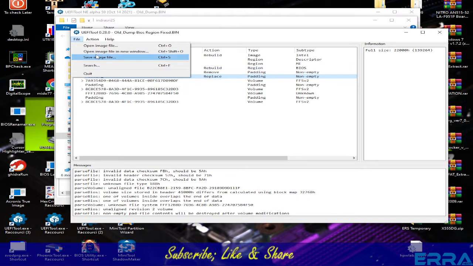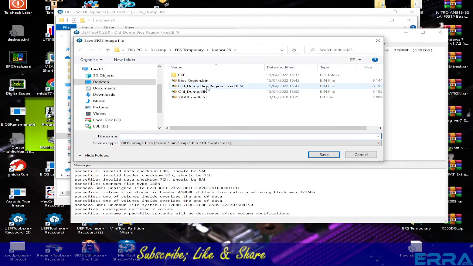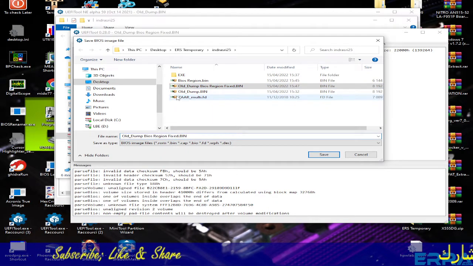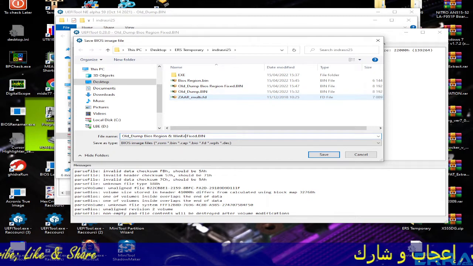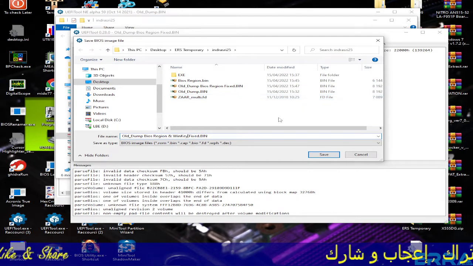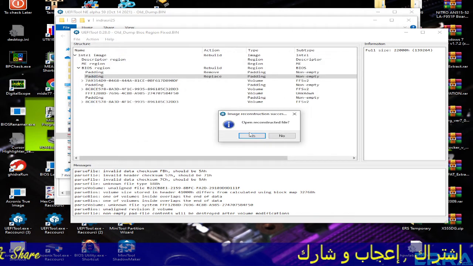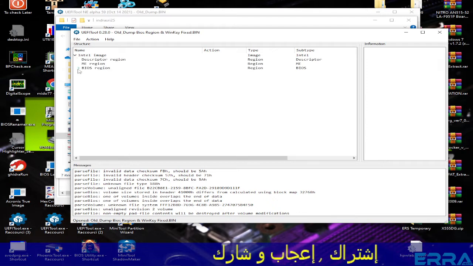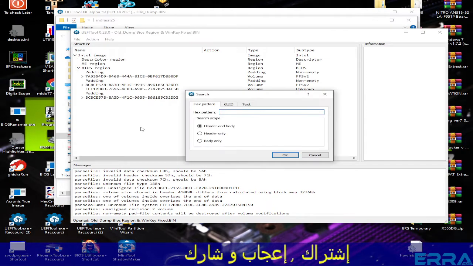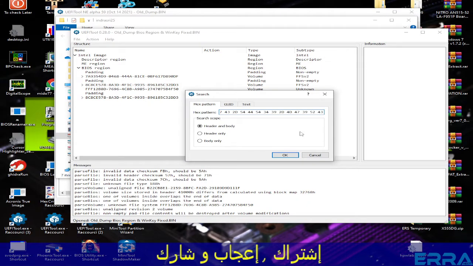So save the image file as this one: BIOS region fixed, BIOS region, and WinK, meaning Windows key fixed. Yes, so the utility offers us to open the new file, and let's do Control F, Control V, the hex